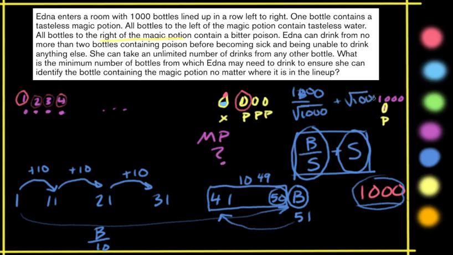Now, a square root of 1,000 can't be a stride because it's not an integer, but we would find some value close to it, maybe a little bit bigger than the square root of 1,000. And so this would give you roughly the square root of 1,000 plus square root of 1,000. So it would be like 2 square root of 1,000 would be the best you can do by using a fixed stride like this. But that's not the absolute best you can do, because what you'll notice is that this first stride could actually be a lot bigger, because the first stride, if you get a bitter after the first jump,